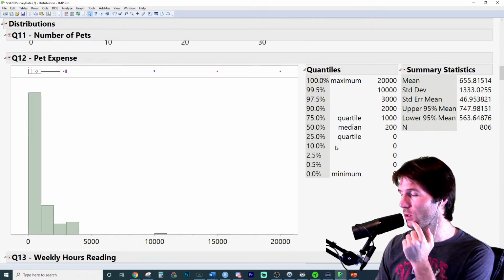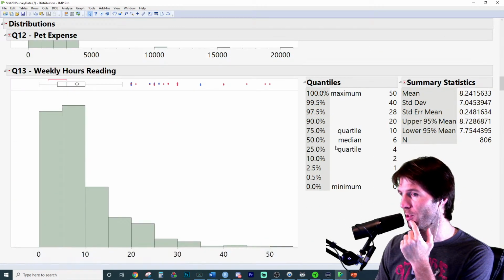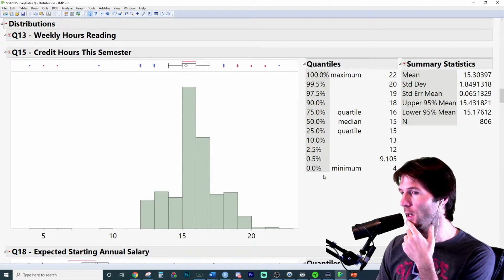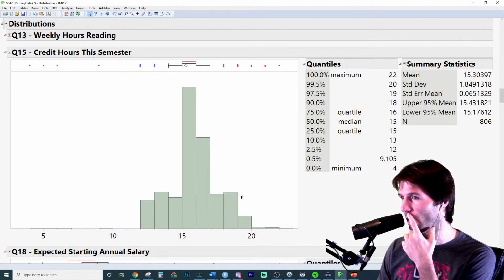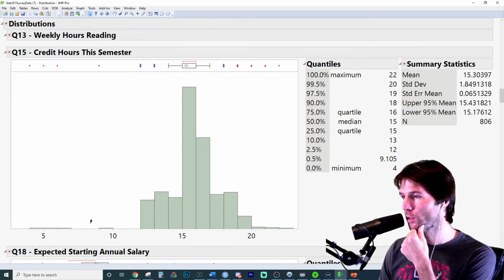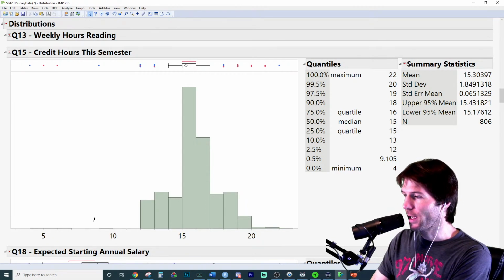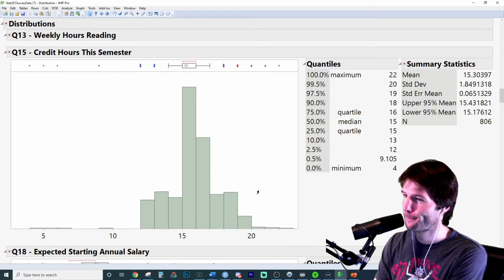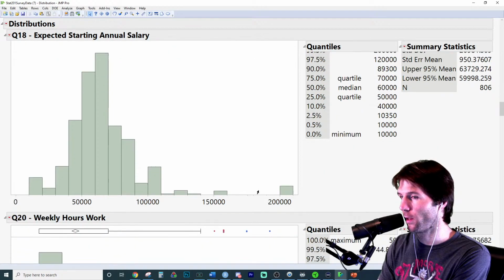Another clear distribution using the median again, and IQR is the proper measure of center and spread. Another clear one right here. This is still very skewed. This one right here, I wouldn't really say it's bimodal. It's still just really modal around this area of about 15 to 16 credit hours. This one I might say median there, mean there. It's got a little bit of right skew, but low outliers. This one's like a funny distribution. I don't know. It's a toss up which way you could go.